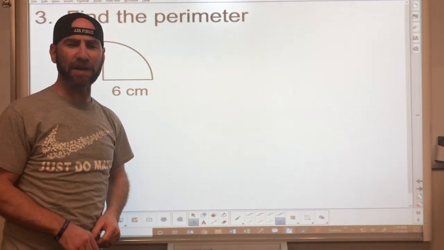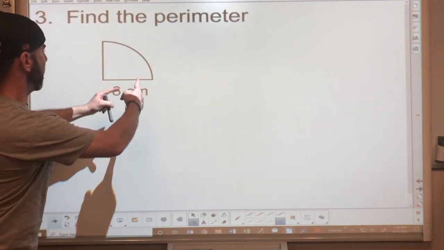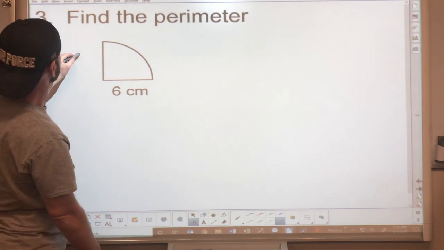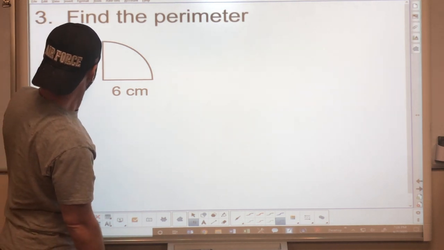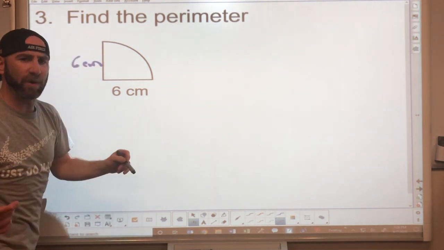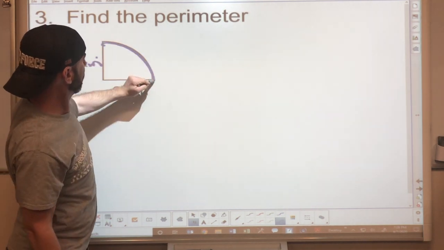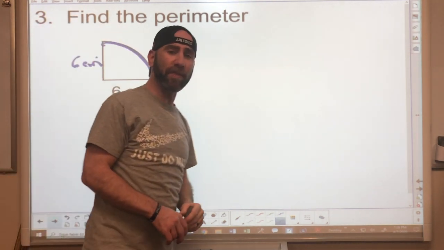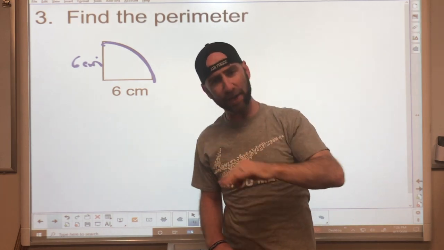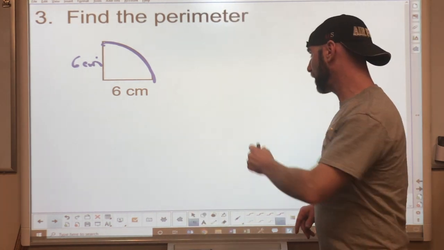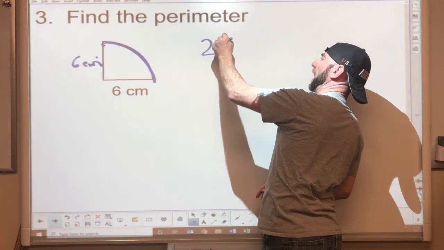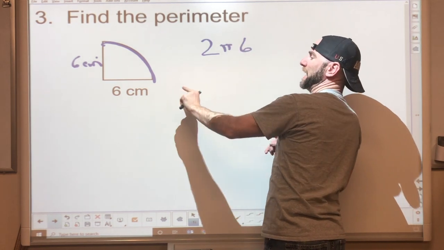Okay, finding the perimeter of this guy. If this is 6 centimeters, so is this. So now we're left with how long this is. Well, we have 1/4 of a circle, so find the entire circumference, step 1, 2 pi times the radius, which